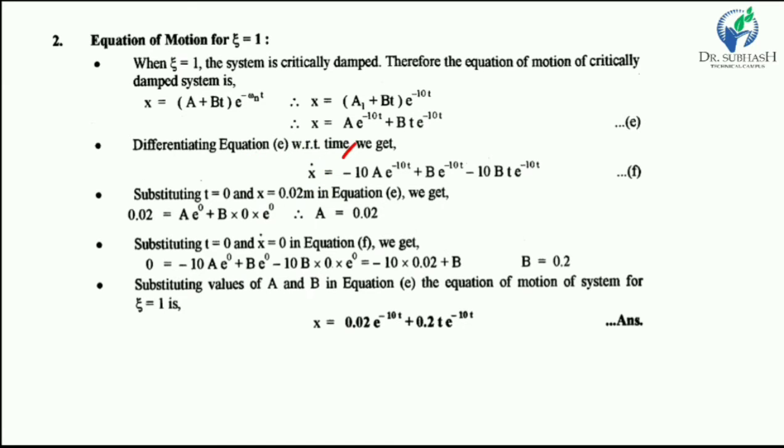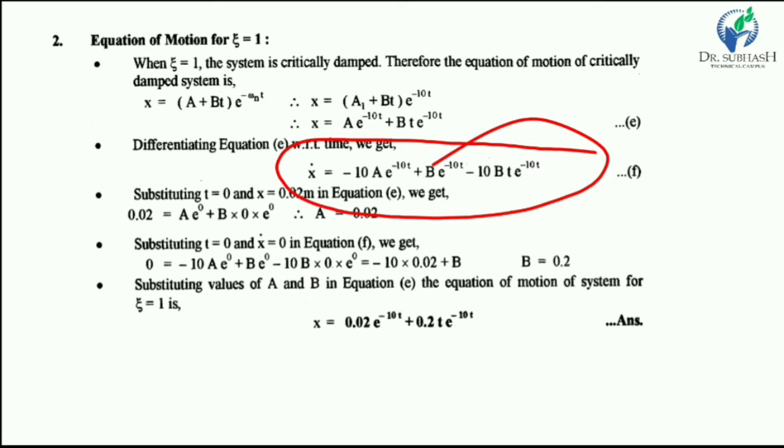Here a is a constant, so the differentiation of e raised to minus 10 t gives a into e raised to minus 10 t, and further the negative 10 t is differentiated as minus 10. Similarly here b is a constant, and the first term is t, and the second term e raised to minus 10 t is differentiated, and we get